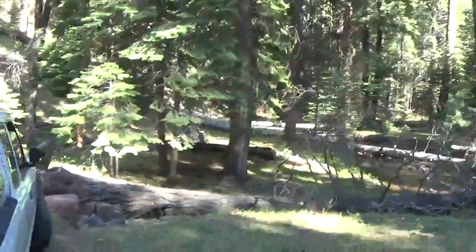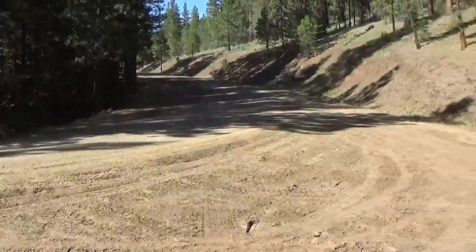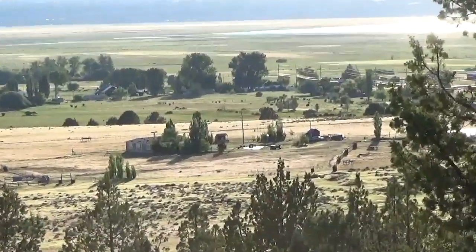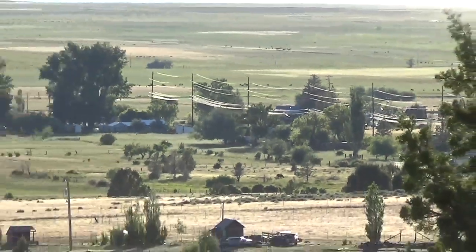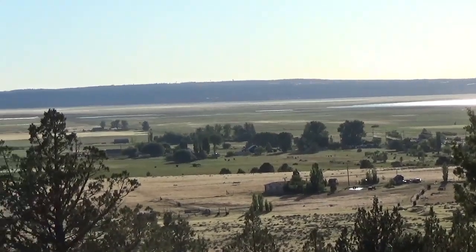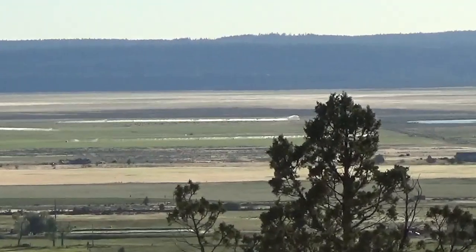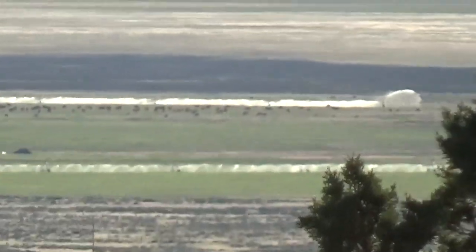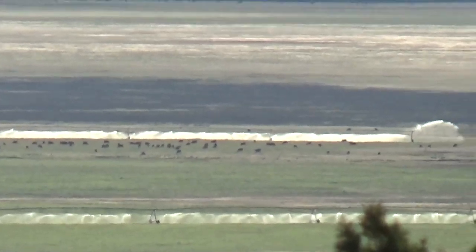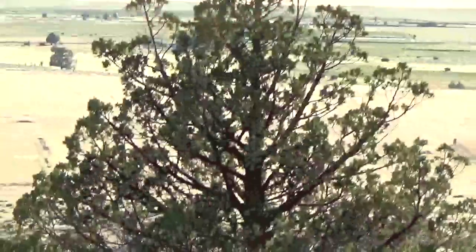This creek forks up and goes off into the hills. And, woo! It's good to be alive and free. There's the entire town of Davis Creek down below. That's basically where this creek runs out to the lake, and that's the most massive lake bed you've ever seen, and actually filled in with silts so long ago that it's become like half silted in over the years. Those are cows that you see out there, and irrigation, and some of the best looking cropland that I've ever seen,